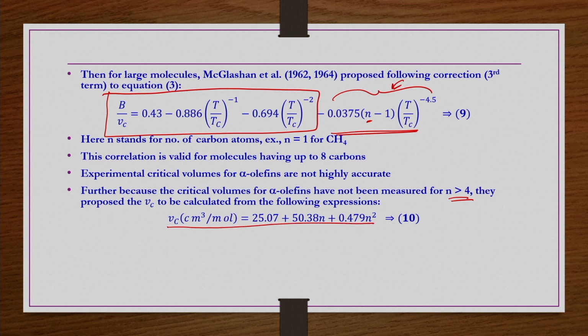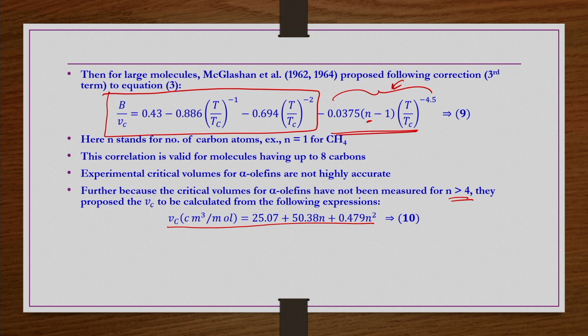For olefins with n less than or equal to 4, this critical volume information is available, but if n is greater than 4, then whatever critical volume information is available is not reliable. Reliable in the sense that the reproducibility is not there, or different literatures are reporting different values, so kinds of ambiguities are there. Under such conditions, for n greater than 1, the same authors have also proposed a correlation for Vc as